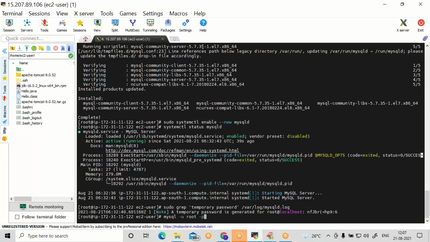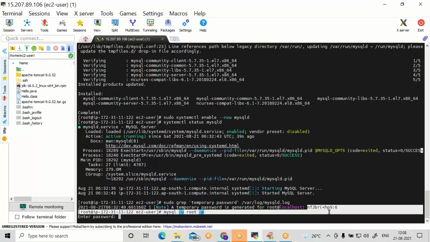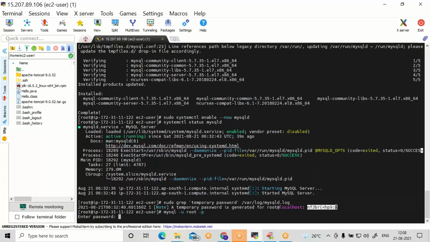Once you press enter, it will ask for the password. What is the password that you have to enter in the next line? Press enter. It is asking for the password. You can copy the password that was generated for first login. Come on, guys. This is the password. Copy only this much, don't copy any other blank lines.